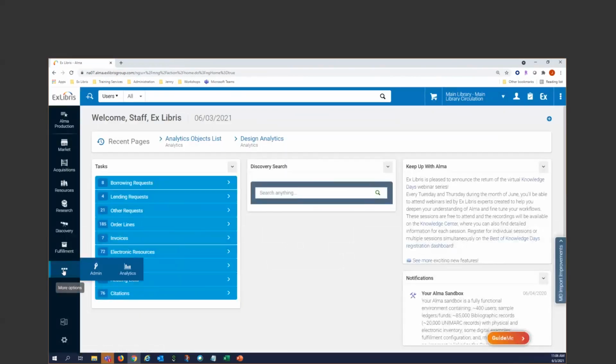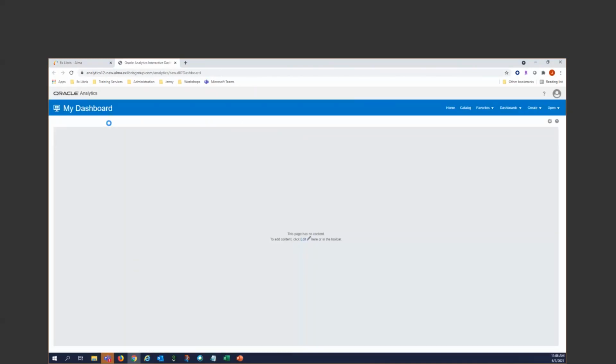And if I click on that, if you ever see this login, you shouldn't have this problem because Oracle should be taking your credentials from Alma and opening it up. So it did happen. If that happens, just go ahead and close that window and try it again. You should not be entering your credentials into Oracle. It should take it right from Alma, and this is the behavior you should see. So it's just a matter of close the tab and access it again,